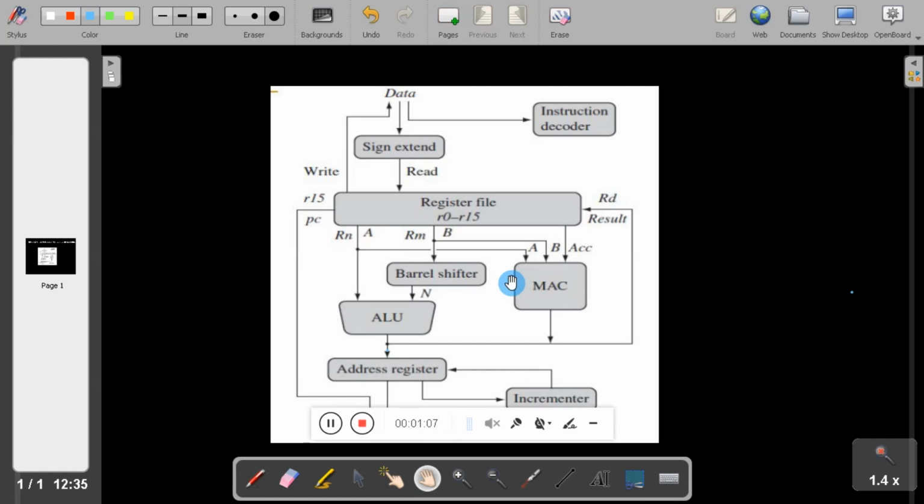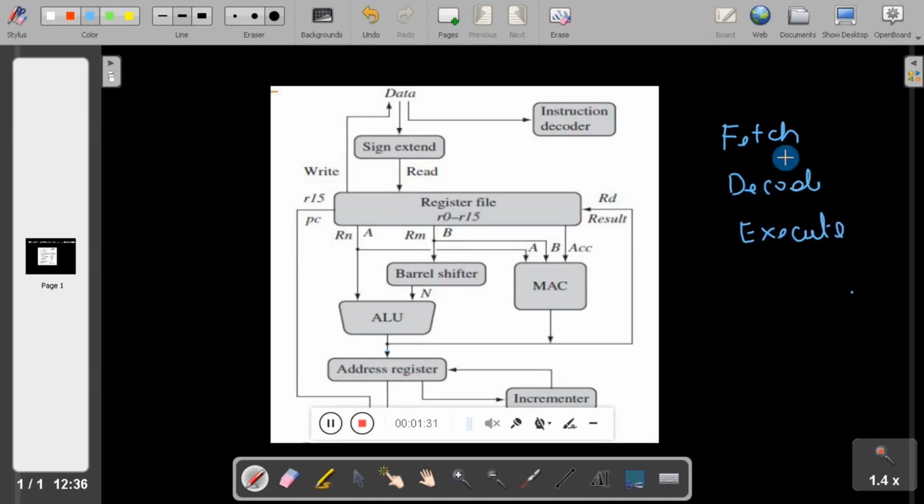Now, students, you know the job of any processor. First, it has to fetch the instruction. Second, it has to decode the instruction. Third, it has to execute the instruction. This is the job of any processor.